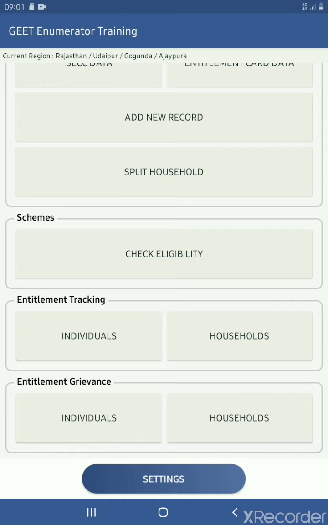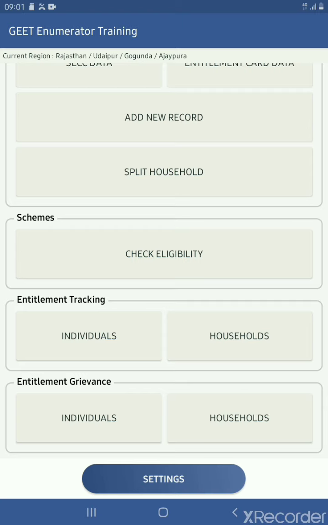Next comes the entitlement tracking. Within this entitlement tracking, we can search for the particular beneficiary with the help of entitlement card number or the household number and track the beneficiaries from here.